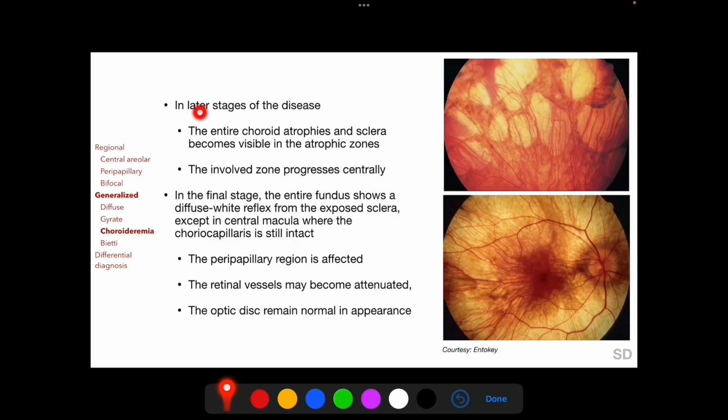In later stages of the disease, the entire choroid atrophies and sclera becomes visible within the atrophic zones as seen here in this clinical photograph, and the involved zones progress centrally. And in the final stage, the entire fundus shows a diffuse white reflex from the exposed sclera as seen here in this clinical photograph, except the central macula where the choriocapillaris still remains intact. The peripapillary region is also affected and the retinal vessels may become attenuated, but the appearance of the optic disc